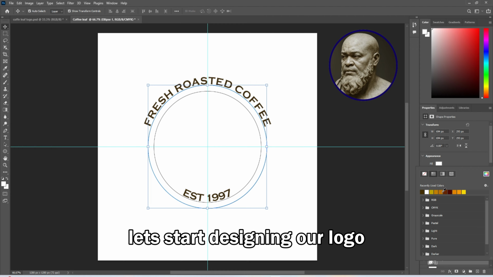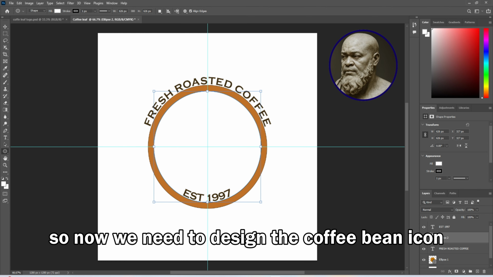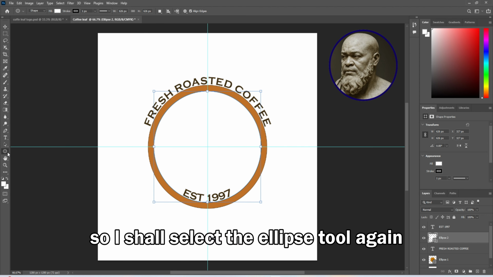Let's start designing our logo. So now we need to design the coffee bean icon, and that will sit at the center of the logo here. So I shall select the ellipse tool again,